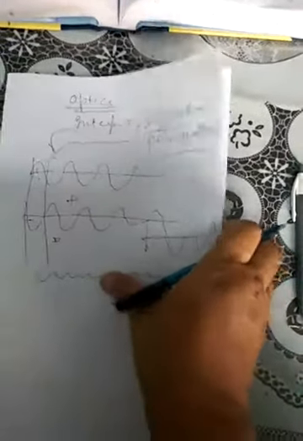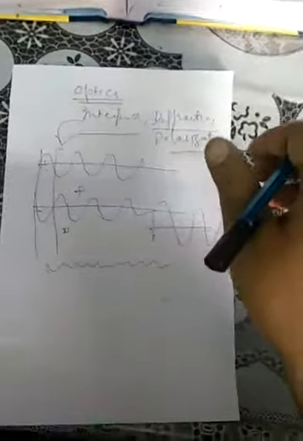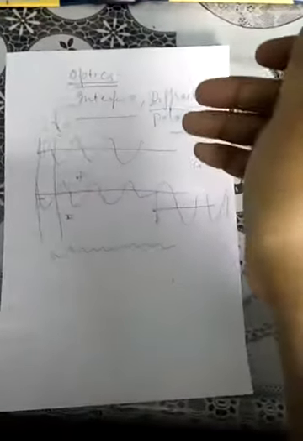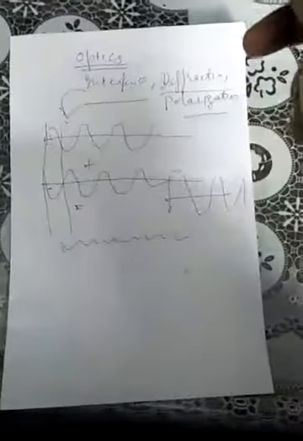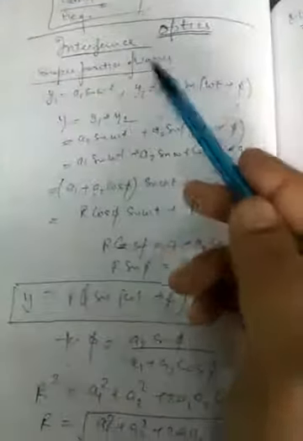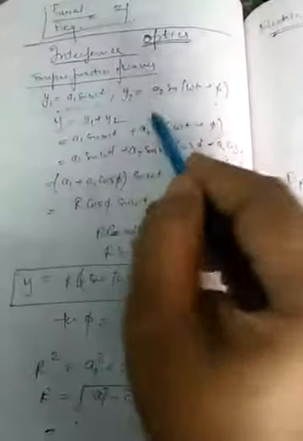So let me review the basic principle of superposition, which we have done in the previous chapters. I am not going to repeat it; I will just go through that topic in this video, and then we will start with the present topic. In the previous videos, let us say y1 is equal to a1 sin omega t, y2 is equal to a2 sin (omega t plus phi). That is the displacement of two different waves with a phase difference phi. According to the superposition principle, when the two waves superimpose, the resultant displacement is the sum of the individual displacements: a1 sin omega t plus a2 sin (omega t plus phi).